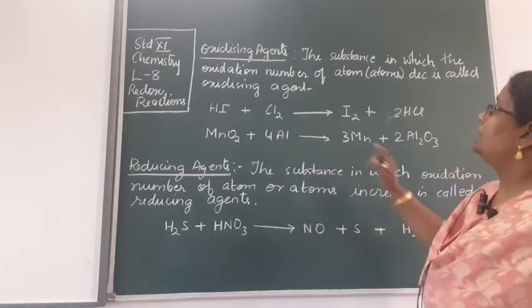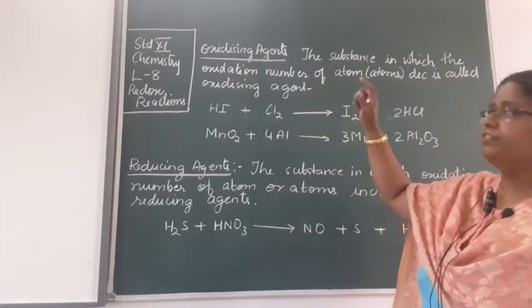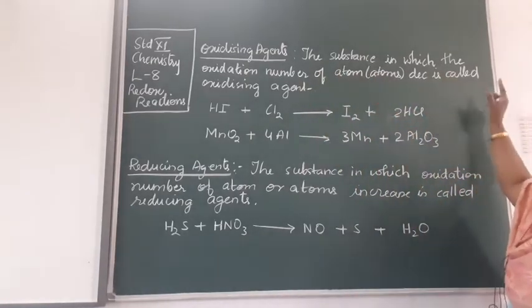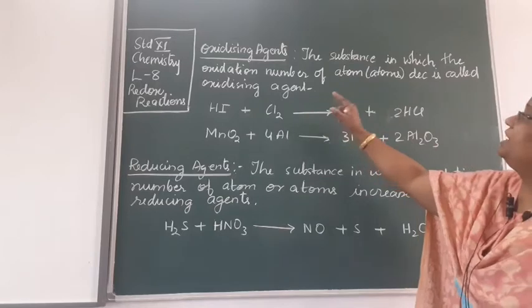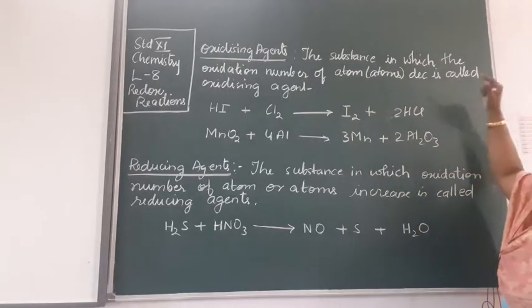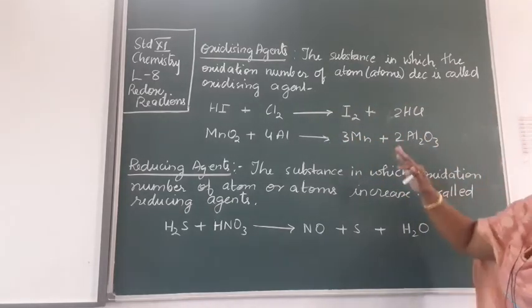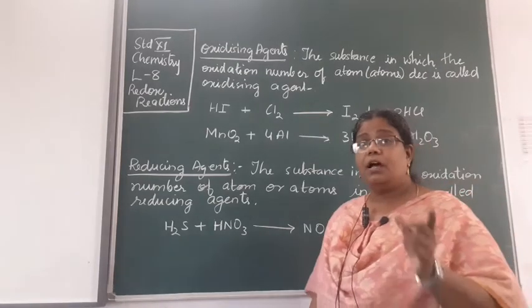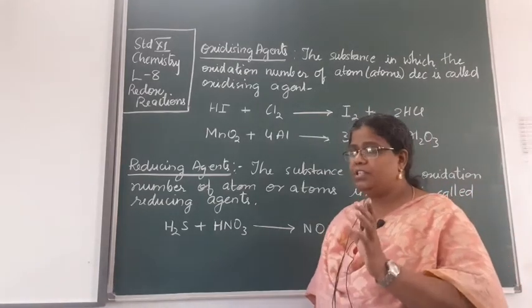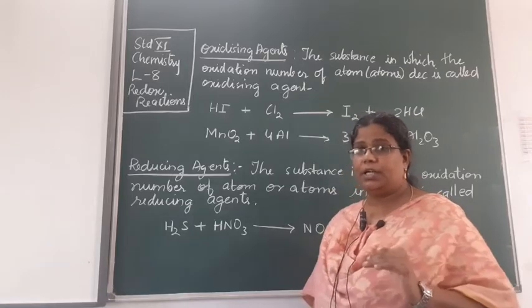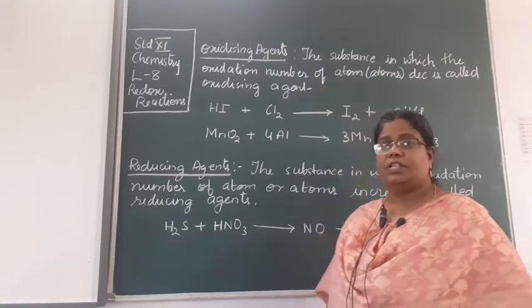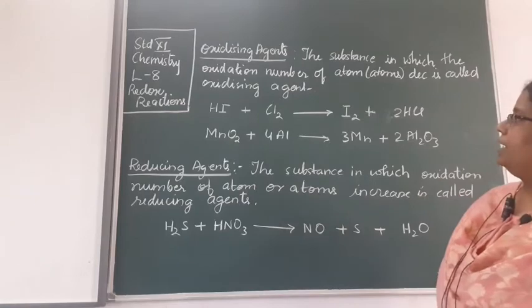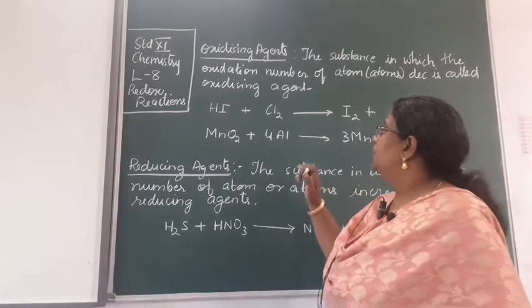ठीक है, तो कैसे होगा oxidizing agents? How can we define it? The substance in which the oxidation number of an atom decreases is called an oxidizing agent. यहाँ पे atoms का अगर oxidation number decrease हो जाता है, then that will be your oxidizing agent. एक एग्जाम्पल लेके समझते हैं. देखो यहाँ पे